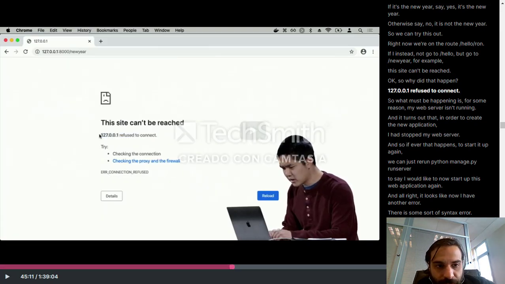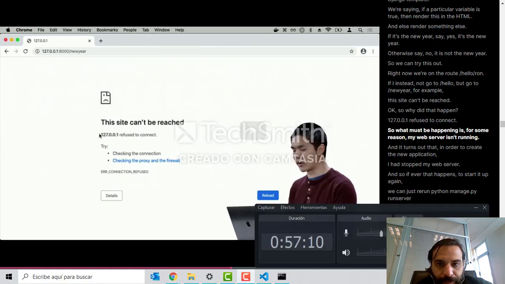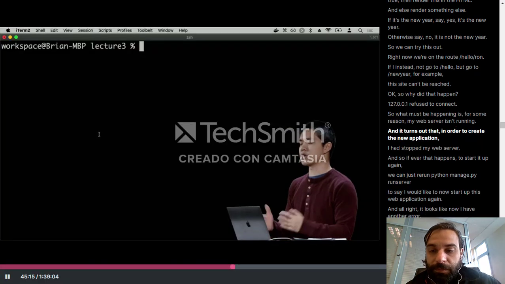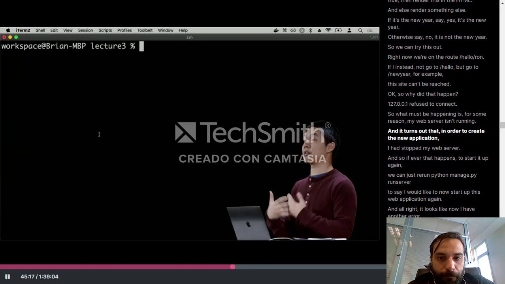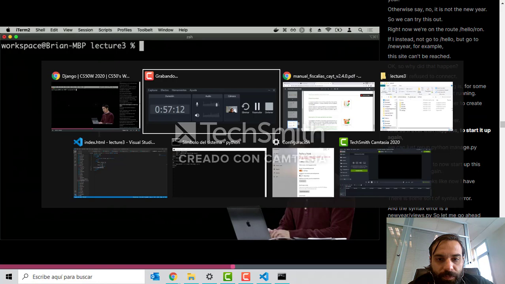127.0.0.1 refused to connect. So what must be happening is for some reason my web server isn't running. And it turns out that in order to create the new application, I had stopped my web server. And so if ever that happens, to start it up again,